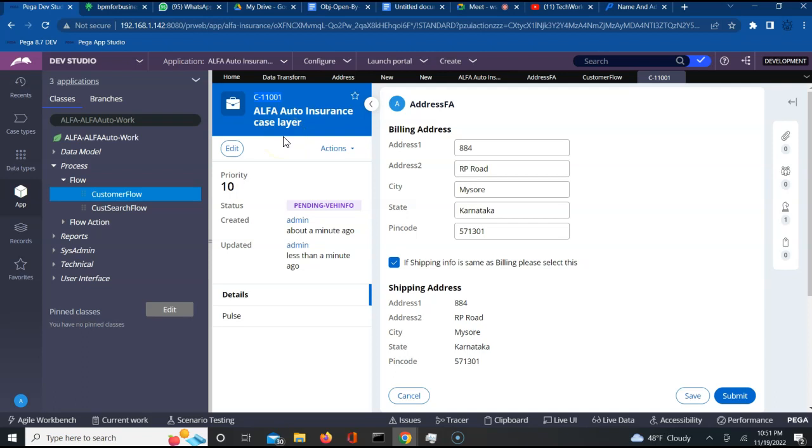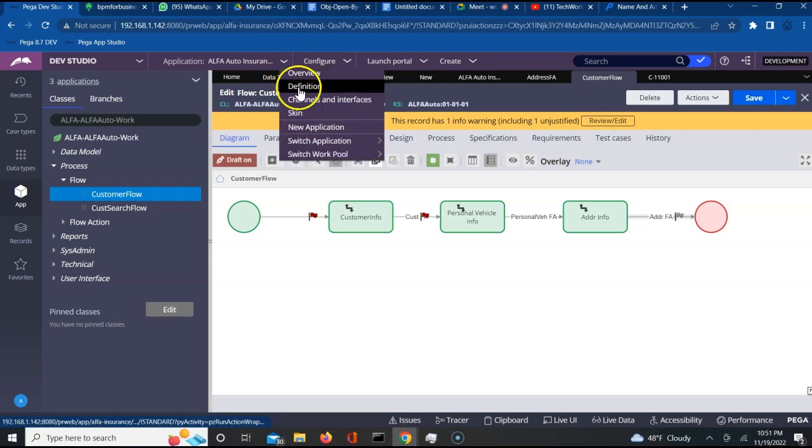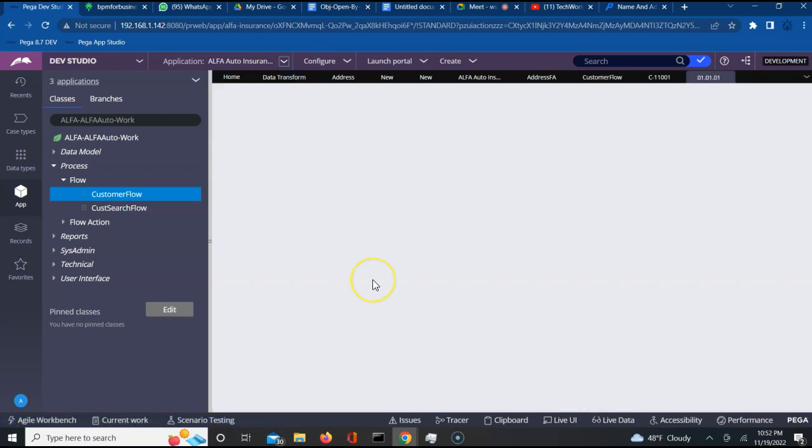One is there is a data transform called py default. Whenever you try to create a work object, a data transform is called, which is called py default. Let us see where I can find that. At two places we can do it. One place is on your application definition. Application definition can be accessed from here. Just click on this drop down, click on application definition,